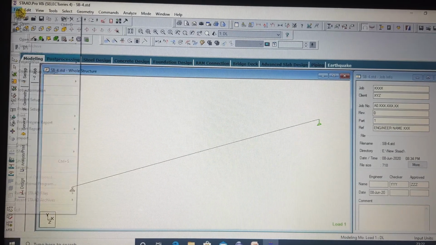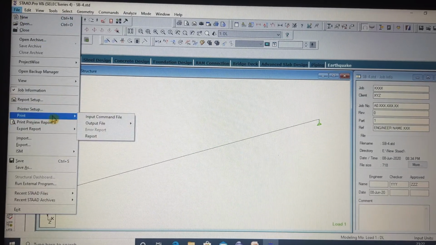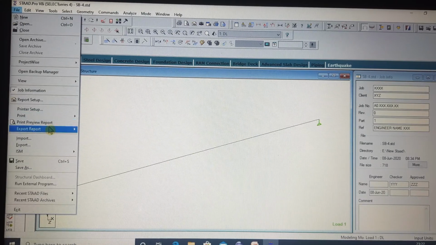Now export report. You can export your report in text format and MS Word file format. This is the option for it.